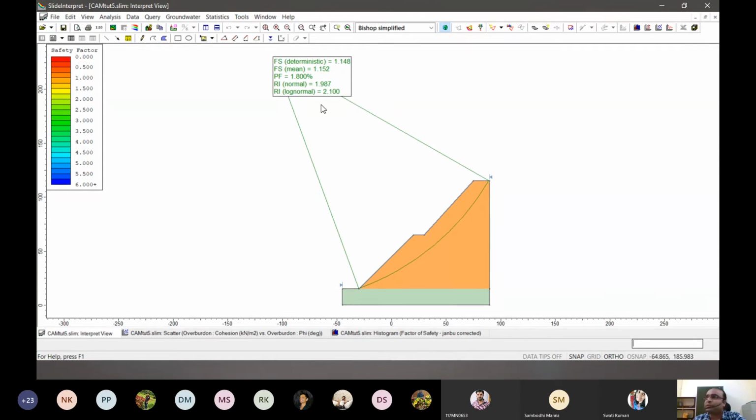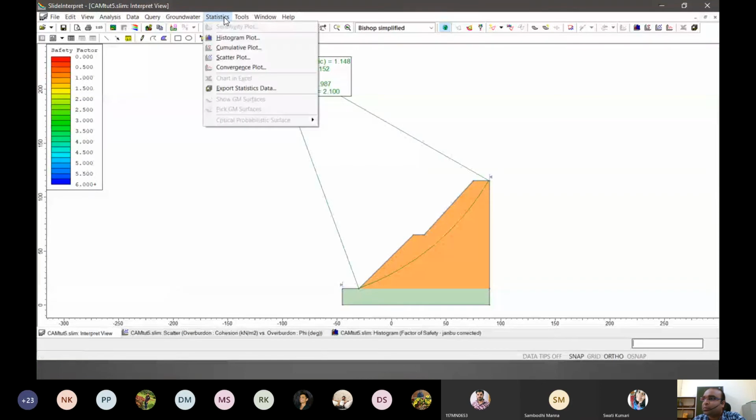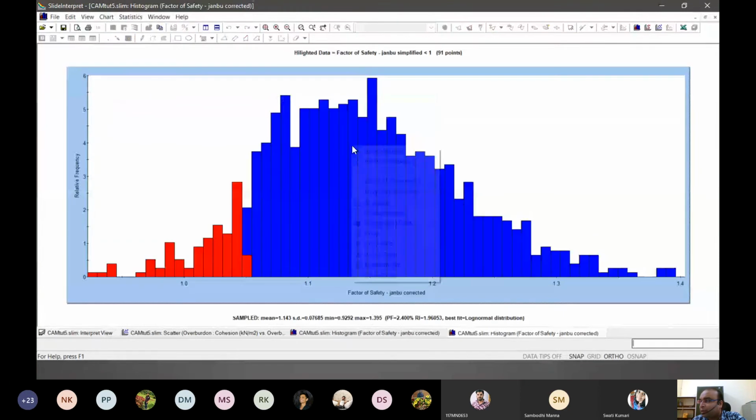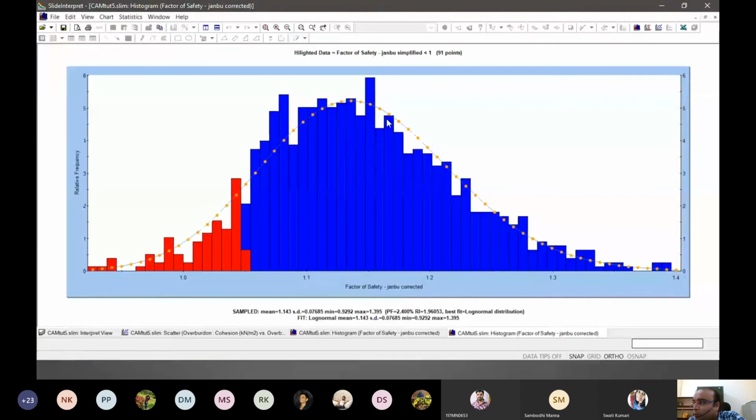Few things more I want to show you before we take some questions. There is one thing which we didn't see. So now just keep in mind when we do analyze and we see histograms of the factor of safety, and we plot the best fit function, see how, as I was saying, there are some differences between the best fit and the actual values, right?